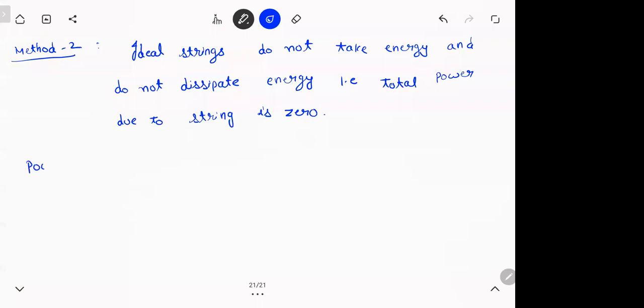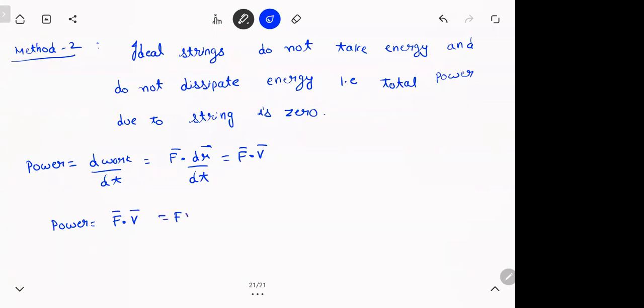So what is this power? Power we know is rate of change of work. What is work? Force into displacement. That is F bar dot dr bar by dt. What is dr by dt? Velocity. It's okay if you're not clear with this, but try to remember this. We have a separate chapter for this, we'll work on that. So power is given by F bar dot V bar. Now this is not multiplication, it's a dot product. That is FV cos theta. This is the power.